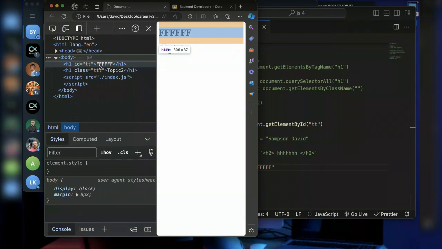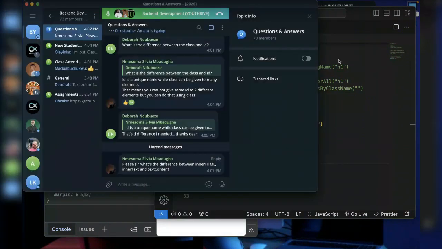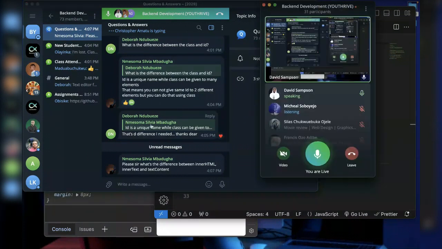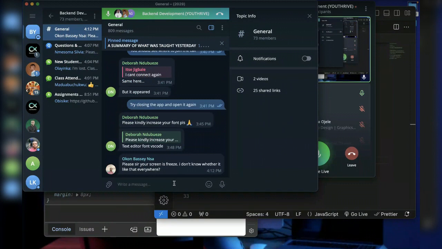Now, all of these have different implications and different times to use them and ways to use them. But like I said, they are actually beyond the scope of today's class. And I just hope that those who are joining us for the first time are still in class and are not overwhelmed with what we have done so far. But if you have any questions as someone joining us for the first time, sorry, we're not doing magic. If you have any questions so far, drop a question as a new student.